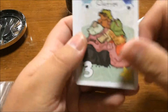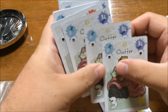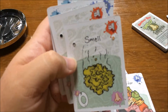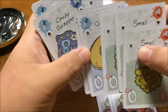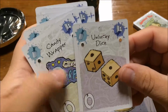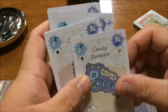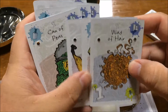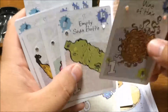Let's see. We got just some basic clutter. There's some kind of smell going on in this room. Cracked CD. Some unlucky dice. It's a lot of ones on those dice. Some candy wrappers. A lot of hair. If you've ever had a girl roommate, that's really bad. I guess some guys too, but